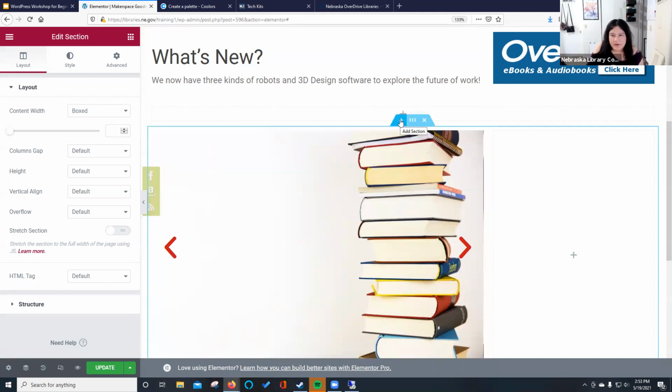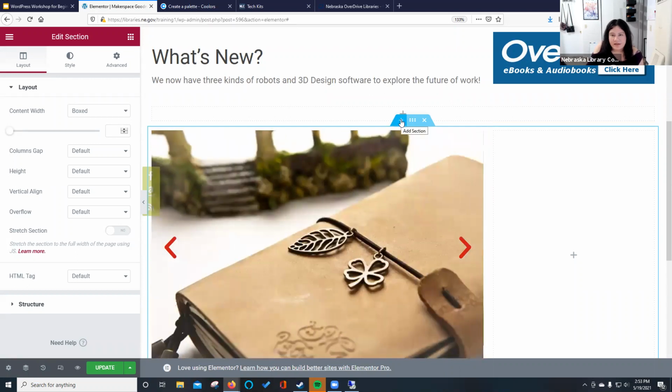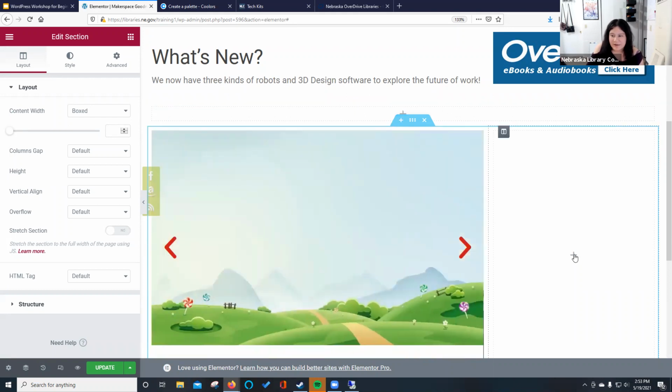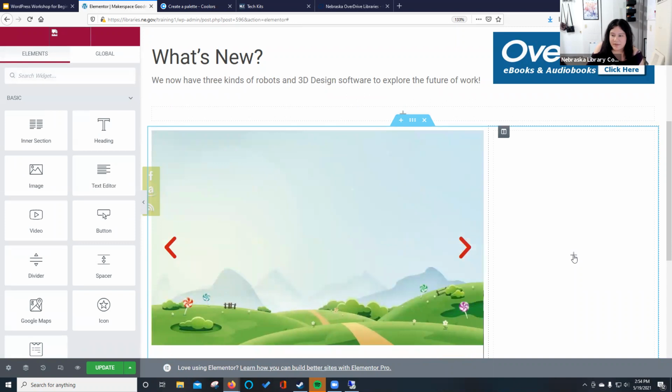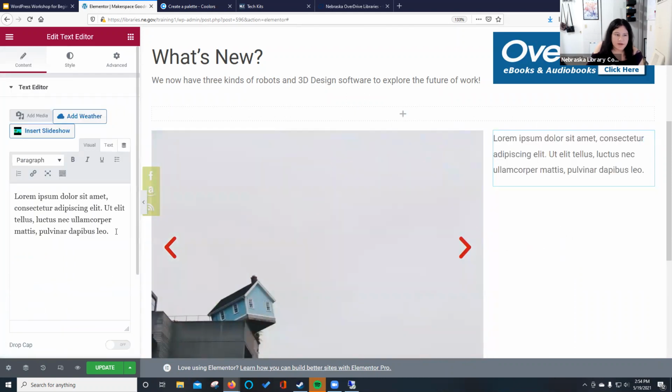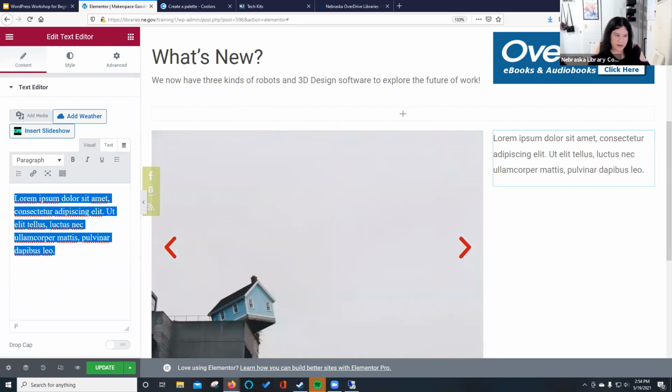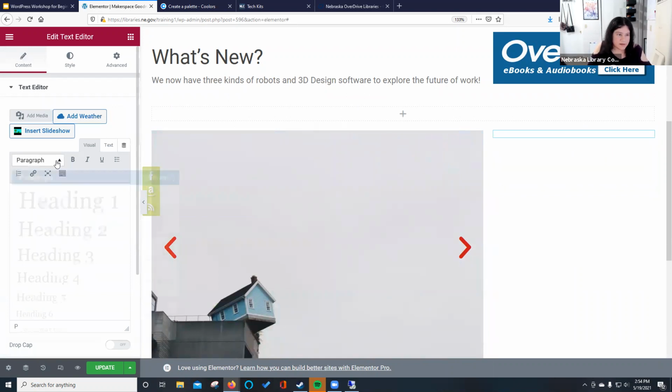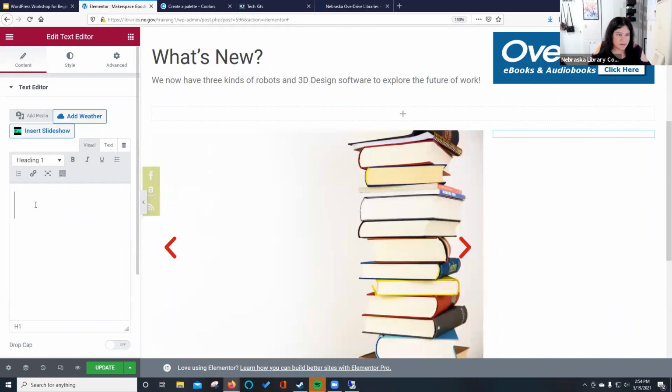And there's also a quick add to add a section on the top here, or you can hit on this little plus sign to add in anything. If you still wanted to customize your sidebar, you can hit this plus sign and then go to the text editor, just click and drag it over, and we'll get rid of that. Do a heading, hours,